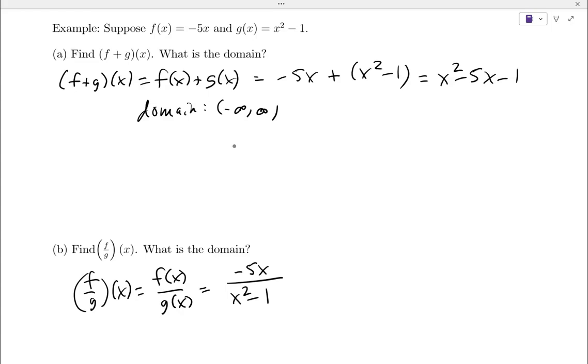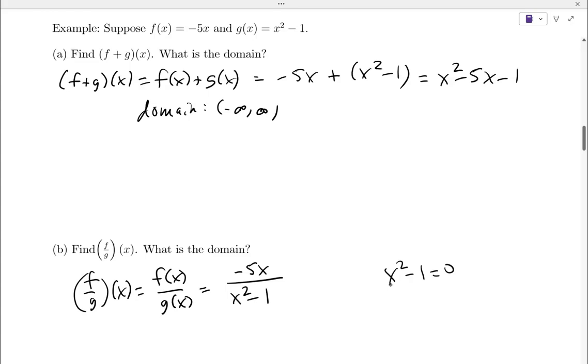Did we introduce anything potentially bad now? We can't have the bottom equal to 0, right? We don't have any issues plugging in numbers for negative 5x or for x squared minus 1. The problem comes up when the denominator is equal to 0, just like before. So if we set the denominator equal to 0,